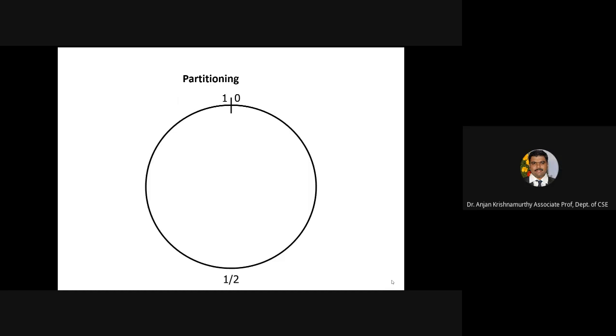So then we have something which is very important under the consideration of the read operation. One is partitioning and the other one is replication. Now let's say that you have got two nodes, one node which is at the center of the circle, and another node which is at the other end of the circle. So you need to do replication for it.